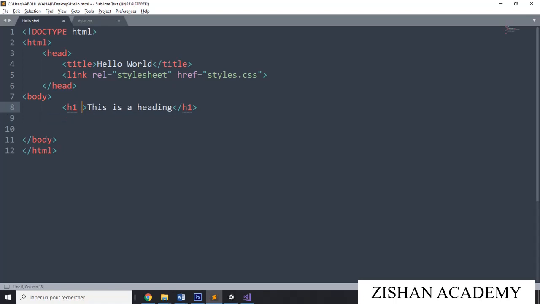We are going to see now ID properties. Under this heading, we will go for ID. We are giving one ID for this one. ID is equal to double quotes. You can give some ID here. I am giving here I01 like that. Any number, anything you can give it here. Then go to the CSS style.css.